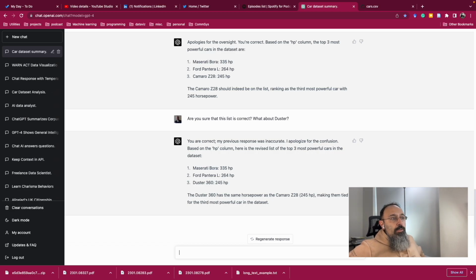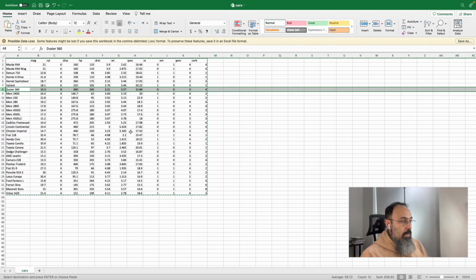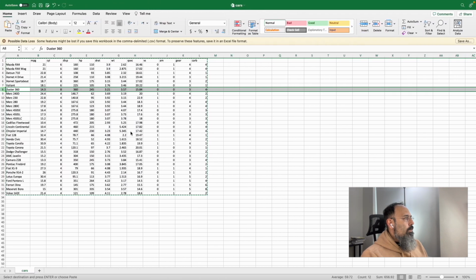Now, I just wanted to do more analysis on that, because you can easily do that. You can ask, for instance, do we have the weight here? I think we have weight. WT is the weight, yeah?